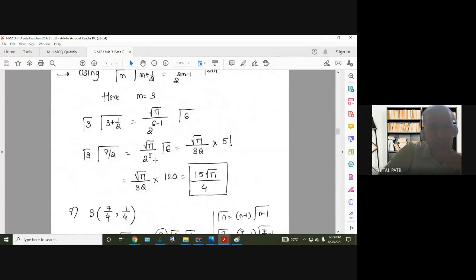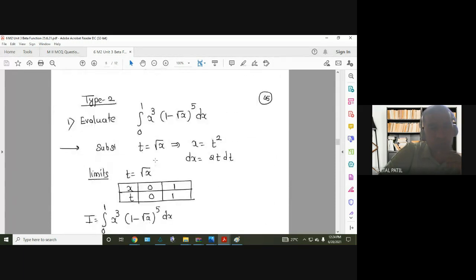Then we started with the examples of type number 2. Here the substitution was decided from this term. So we want 1 minus x, but we have 1 minus root x. Therefore, t equal to